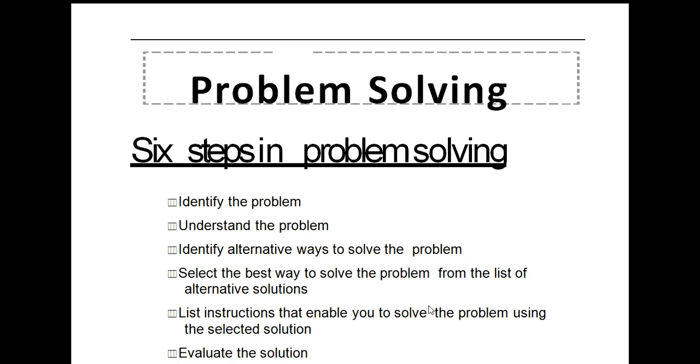All these things with the particular solution that you have chosen, you have to analyze what is the time complexity, what is the runtime complexity, and how much space has been occupied for that particular solution development. All these things you have to consider and analyze, so that the next time you can select the alternative solution that will take the least cost for you. Okay, that is the problem solving, and these are the six steps in problem solving.